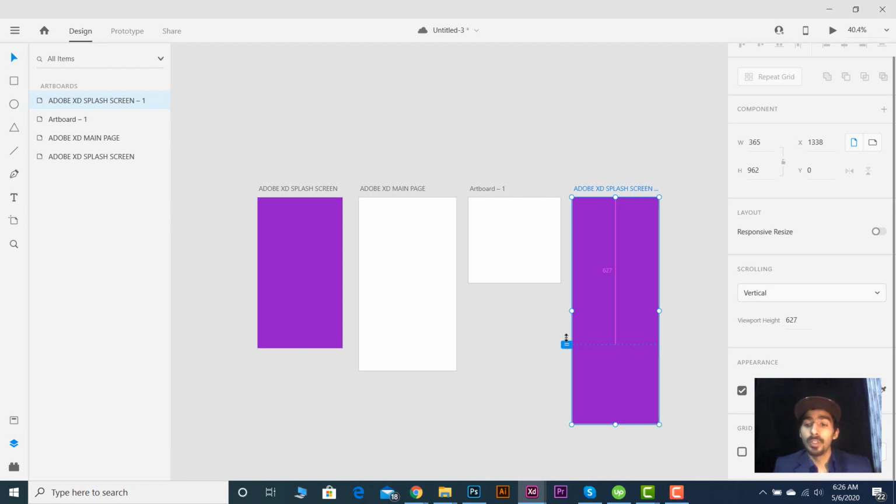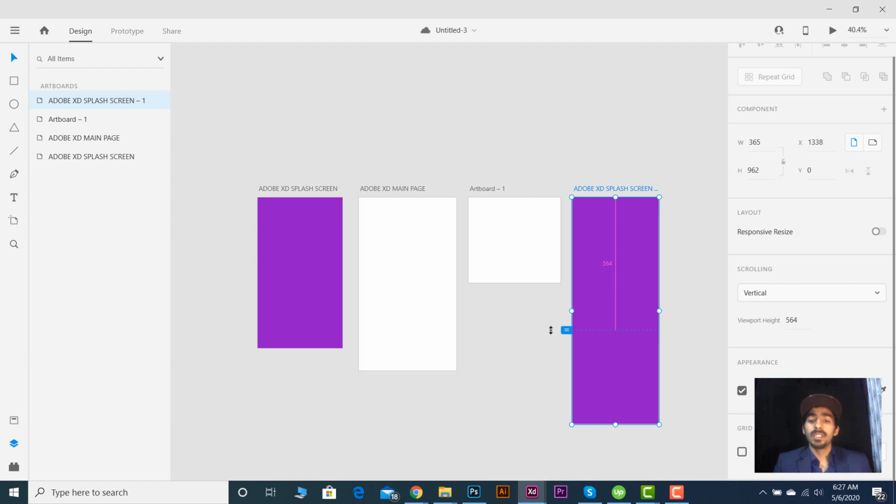This is the viewport height. If I want to preview my artboard by clicking this play icon, I need the viewport height to cover the whole document to preview it.